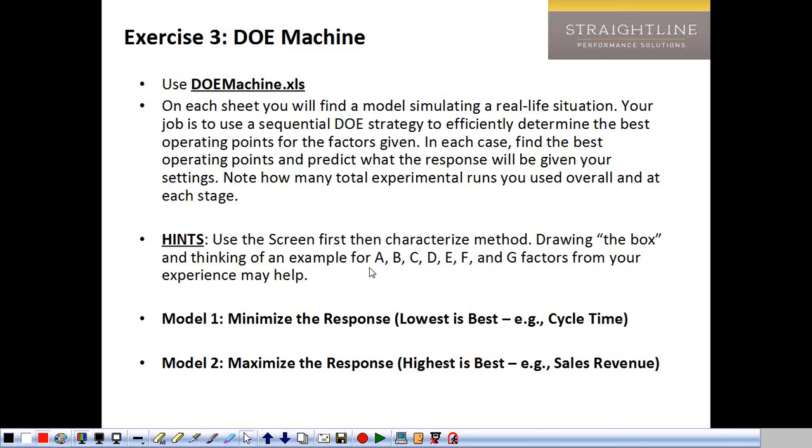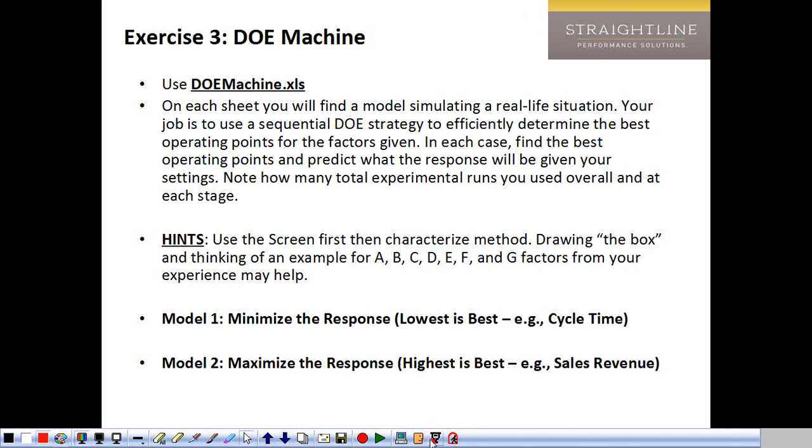Drawing the box and thinking of an example. Okay, so I'm asking you to start out using an example with 7 factors, and then in Model 1 we're trying to minimize the response. For example, in this case, maybe cycle time would be a nice analog for you because you've got 7 factors trying to minimize the response. Cycle time you want to be low. Okay, so